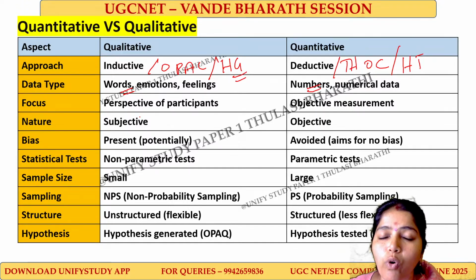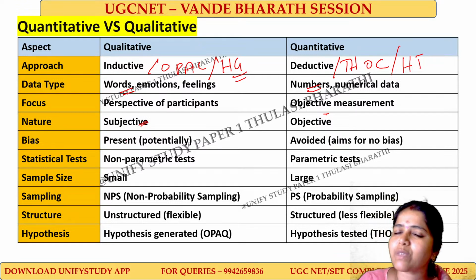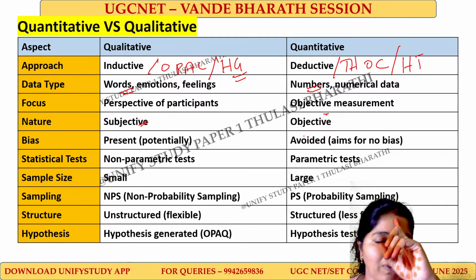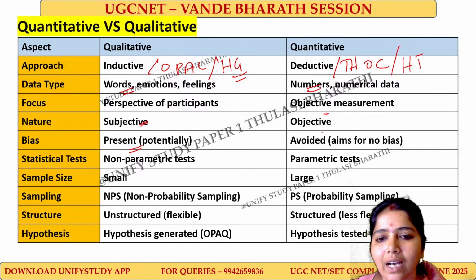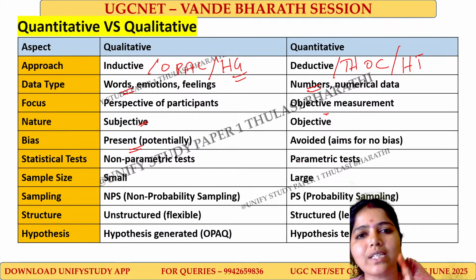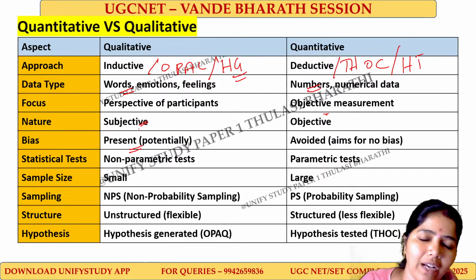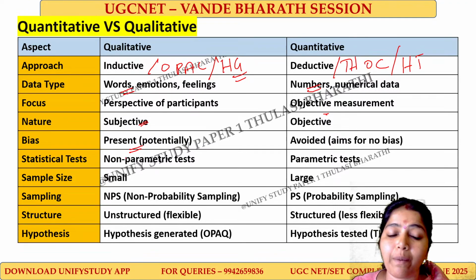Here the focus is on the individual participants. What is the perspective of the participants? Here everything is towards the objective I have designed for. Subjective means everyone's perspective and viewpoints will be considered, but in case of objective it's not so. This is one single objective, everyone should move towards it. Here bias may be a possibility. Here bias will not be there, because it is objective and scientific in nature, so everyone should align towards that point only. Here, as it is subjective in nature, each one's viewpoint will be there, and bias may be a possibility.